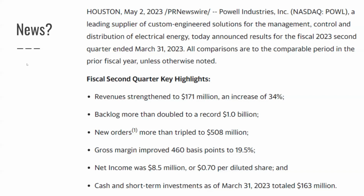Now, the other thing I just want to point out is my third criteria for what qualifies as an earnings winner: the stock should have a strong catalyst. And in this case, if you go on Finviz and look for what really was moving the stock today, you will see